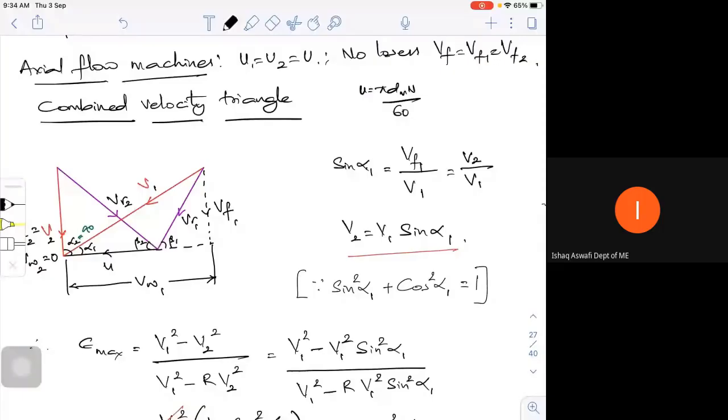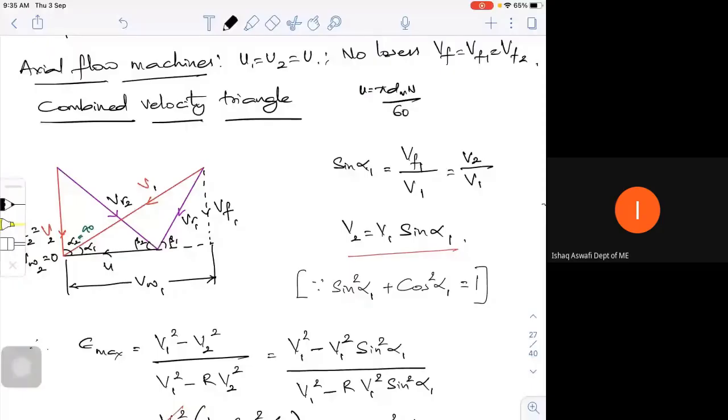So U being common. Now, as I clearly told, if it's a turbine, the fluid flows from the high pressure side to the low pressure side. But in case of a compressor, the fluid flows from the lower pressure side to the high pressure side. That should be in your mind, as when I drew the aerofoil 2-3 classes back while discussing the velocity triangle. The direction of flow is decreasing the pressure in a turbine and increasing the pressure in a compressor.